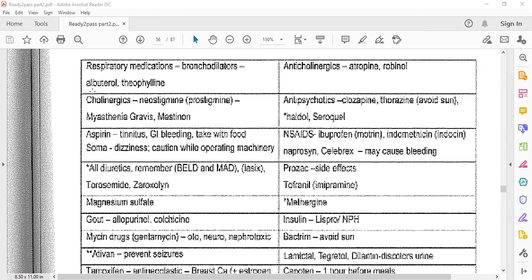Like albuterol or theophylline or salbutamol. So salbutamol or albuterol, both are bronchodilators. Especially in the acute condition, we use albuterol or salbutamol. Theophylline is also a bronchodilator. So all of the medications specially used for respiratory problems, like salmeterol,